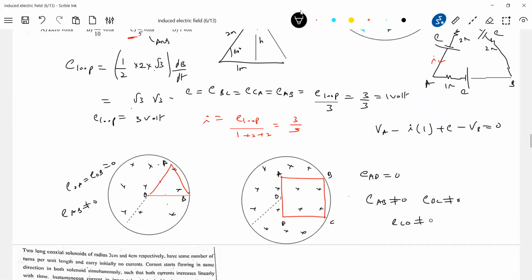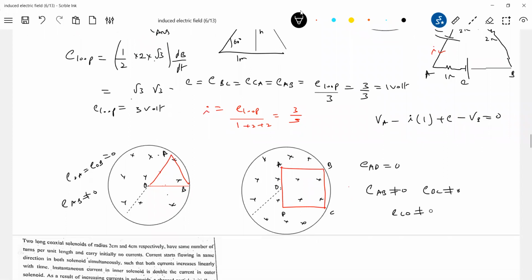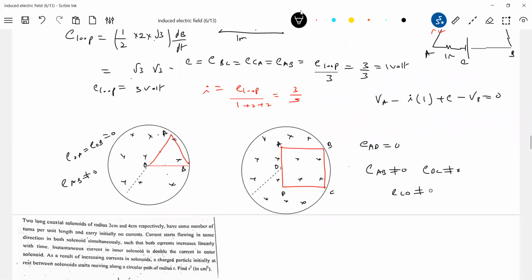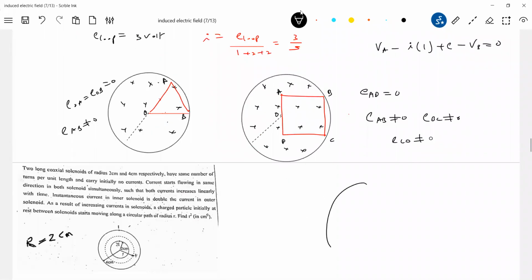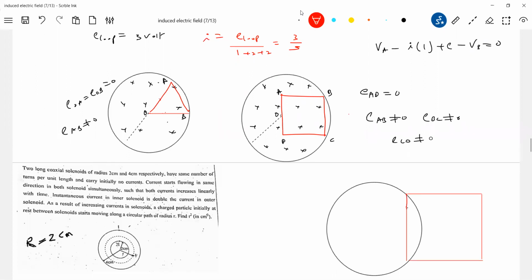So different shaped loops like this will come. And not only this, you can even extend a loop outside also, like earlier what we did for the triangle, no? So any arbitrary shape. So here the rectangular loop I'll extend outside. Then you check how things will be. So now the questions will become unlimited. Have some general conclusion, it'll be easy for you to map things.